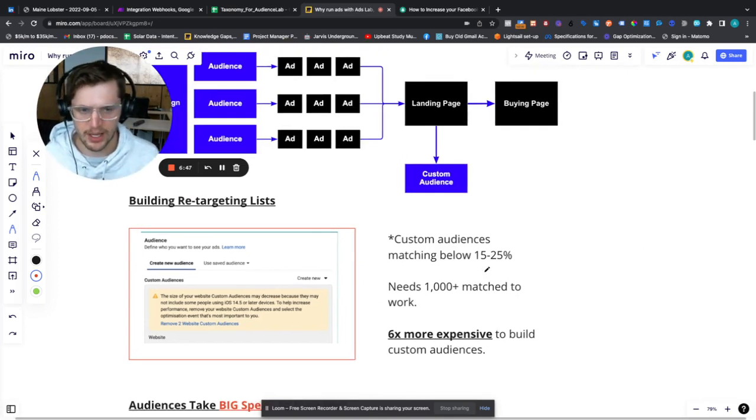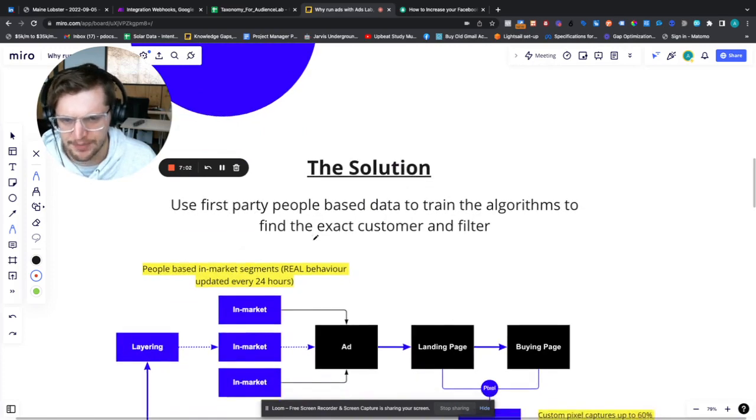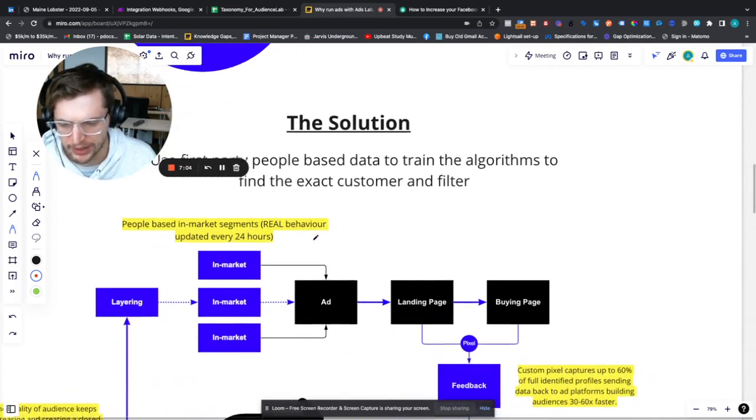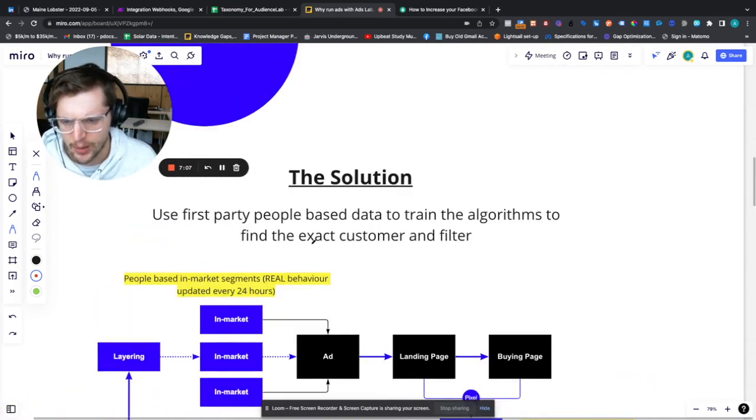And this is why every media buyer on the planet is just like, hey, it's creative, punch out creative. And I'm not saying creative isn't important, but I'm saying there is an easier way to train the algorithm to find your customer. Let's get into the solution, okay? This is what I call feedback loop marketing or feedback loop funnel, all right? Now, how it works is this.